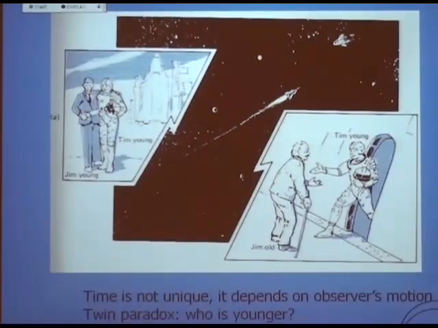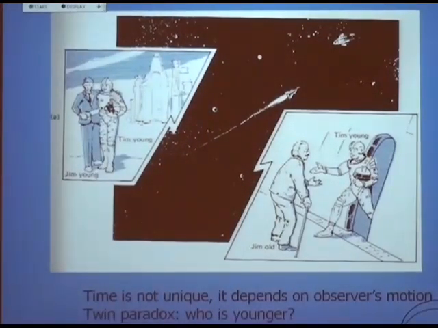So you can tell between the two people who is really moving and who is not moving, because the guy who is accelerating and decelerating to turn around and come back is the guy who is moving, and therefore he's the younger guy. And as it turns out, he is younger more because of his accelerations than because of his moving at high speeds. He's also younger because of that. And we will see that when we do general relativity at the end of the course, that most of his age difference is because he's accelerating and decelerating.